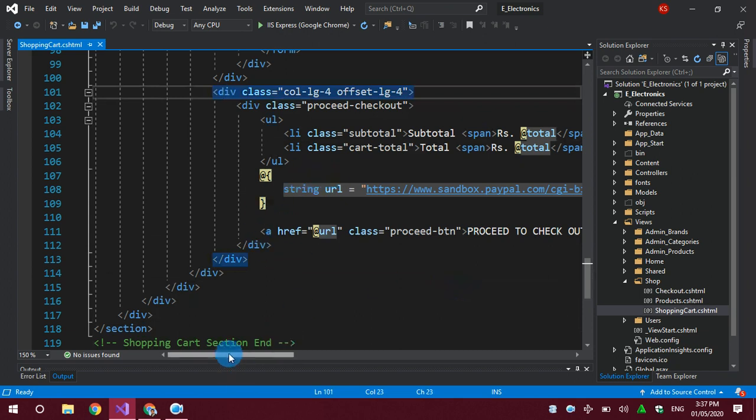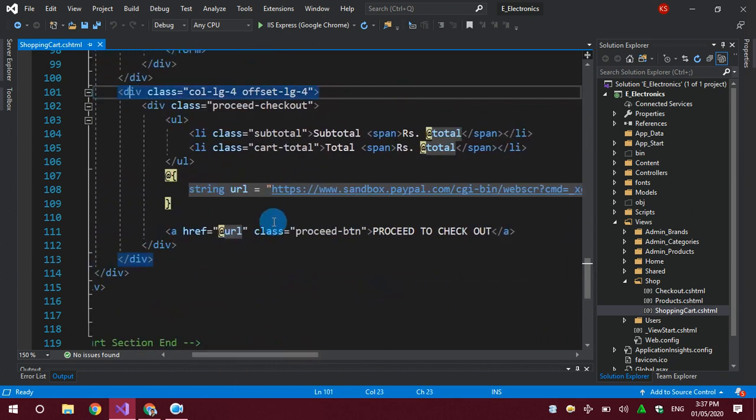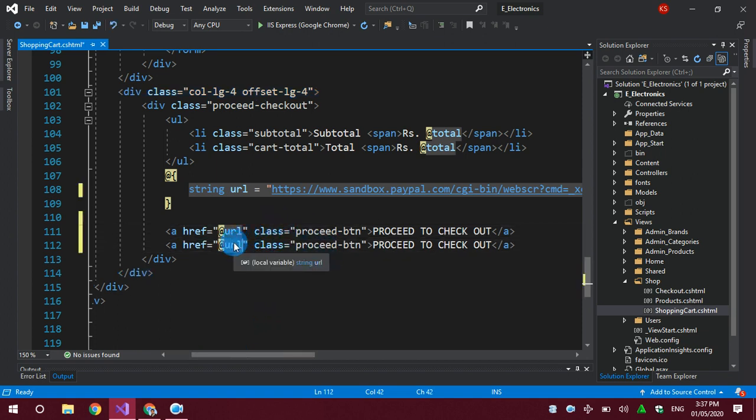I don't need to go to this URL, so I'll copy it and paste it here one time. Now I'll simply go to my payment confirmation page directly without paying.